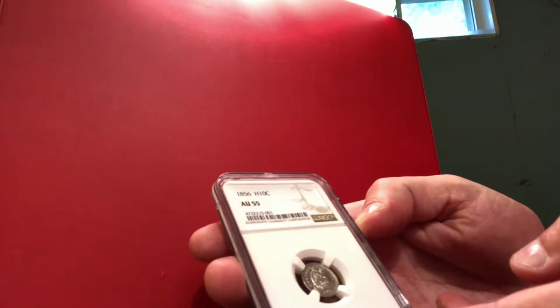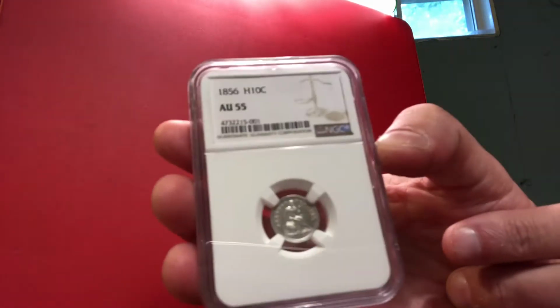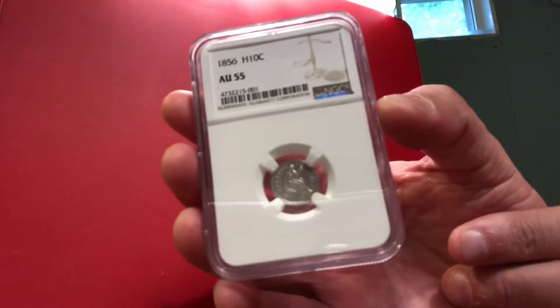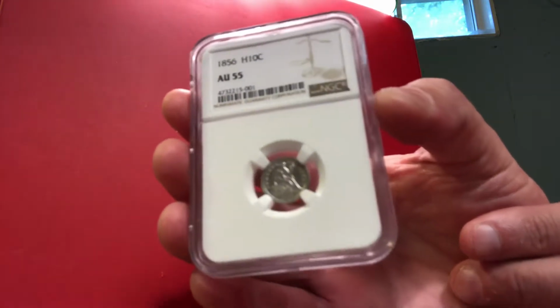Quite a variety. So the first one I have is an 1856 half dime. Came back AU 55. Nice coin. And I'm kind of playing with my light here. My last videos were difficult to see the coins, so I don't know whether this time it's going to be blurry or a better view of the coins or not, but